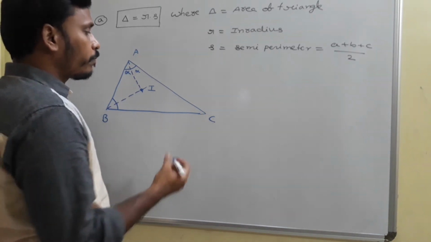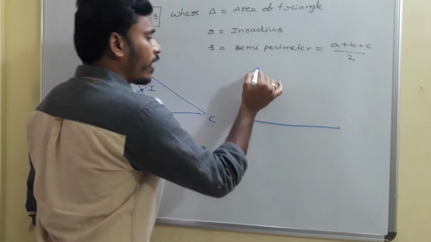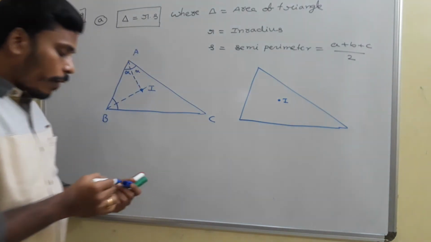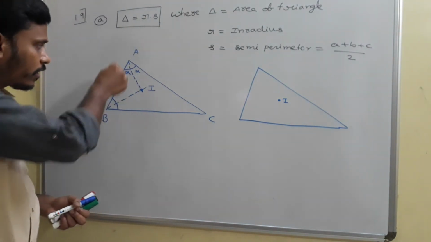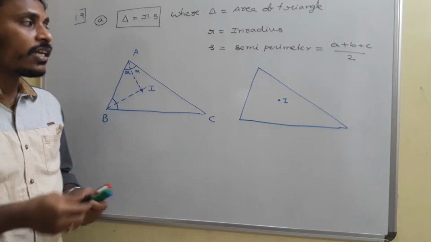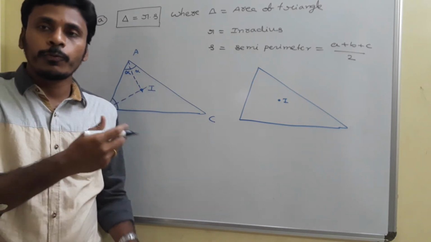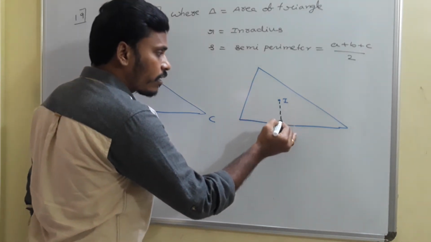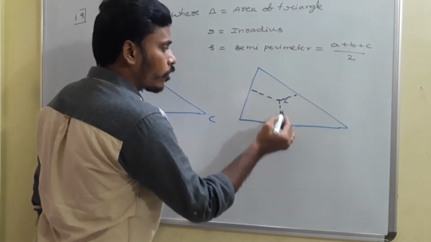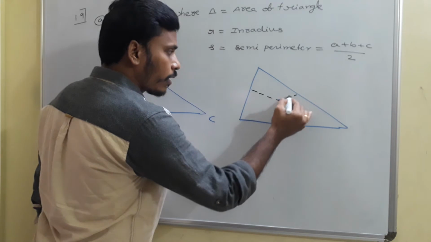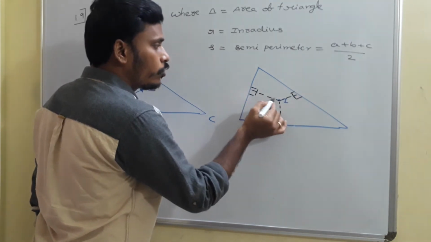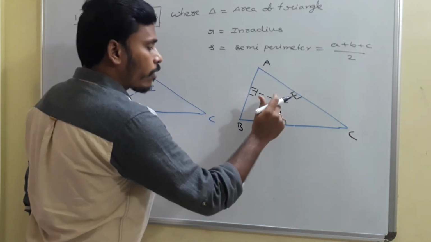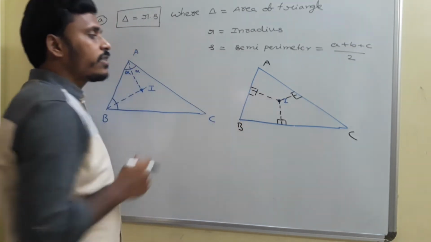Next, take a triangle, and in this triangle, if you locate the in center, the property of the in center, by the definition of the angular bisector, is that the in center is equidistant from the 3 sides of the triangle. All these proofs you will get from geometry, but here we are using that concept. So this is equal, this is also equal, this is also equal. This is the in center, and from this in center to the side BC, and from in center to the side CA, and from that in center to the side AB, all these 3 are equal.